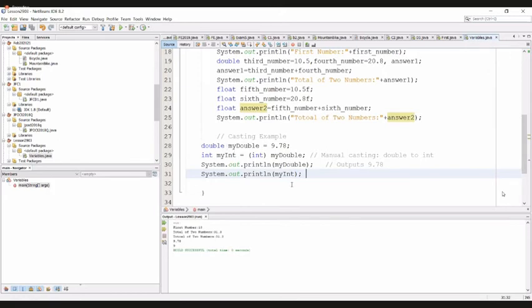Then it will display the value as 9. Right? This is how it works. Then take down this casting example. After finishing this session, you have to enter all these programs using NetBeans, then compile and get the output. Right? That is what I am expecting.